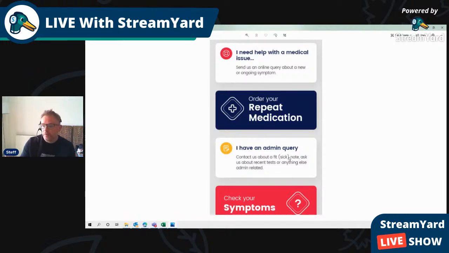to pick it up. They can submit a request for a self-cert form or request to discuss a recent test result or ask for a doctor's note or ask for anything really, whatever medical, whatever admin query they've got, they can now request that through the app, and they go through a drop down, and then they go through. It either links directly again to your eConsult or your Ask My GP platform, or it can be sent in